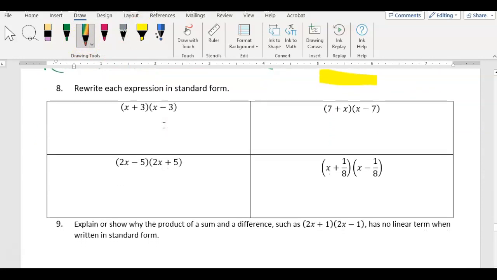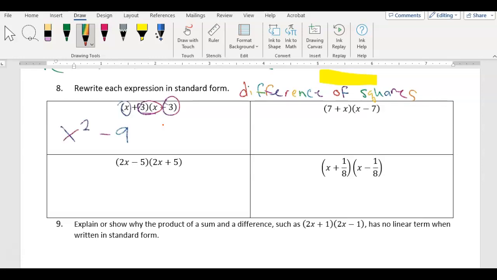Number 8 says rewrite 8's expression in standard form. This is just practicing multiplication, but it's also helping you to recognize these are the difference of squares, which means when you do this, you will not have a middle term. You are all now fully capable of doing this multiplication without me, but if you recognize these are the difference of squares, you know this positive 3x and this negative 3x are going to cancel,